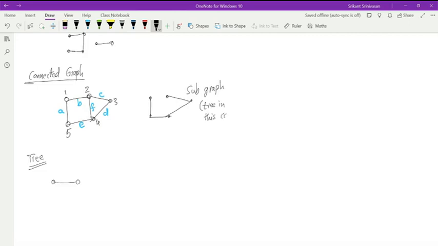So, sir, the branches F, B, and E. So, are these also a tree? F, D, and E. Yeah, B, E, and F. B, E, and F cannot be a tree by itself because the node number 3 is missing. If I use only B, E, and F, B means I'm connecting 1 and 2, okay? E means I'm connecting 5 and 4. F means I'm connecting 2 and 4. Still 3 is left out. So I need B, E, F, and either C or D.